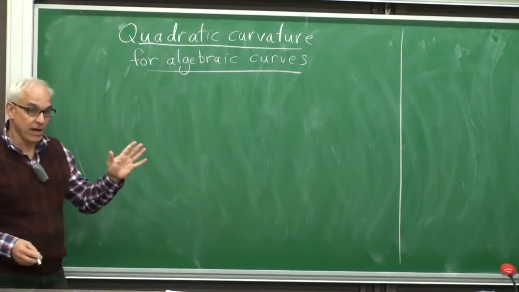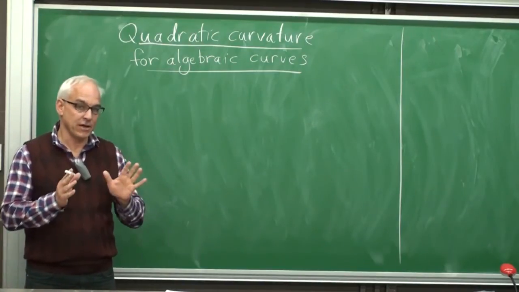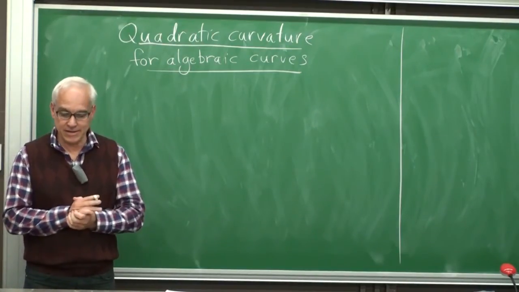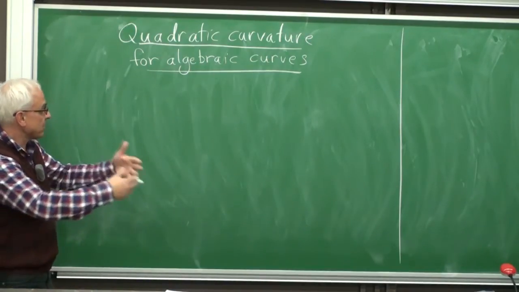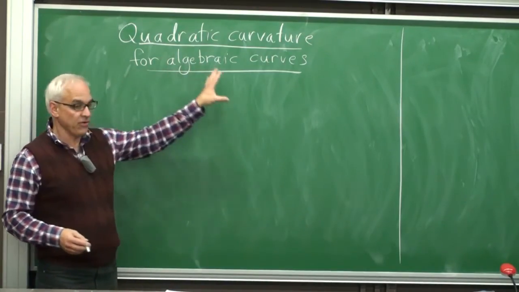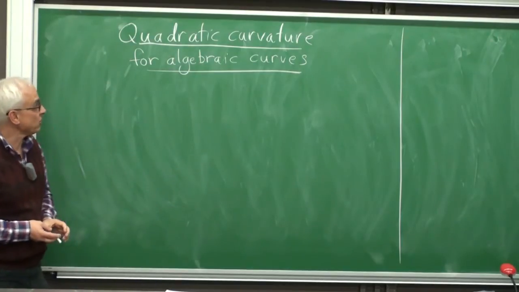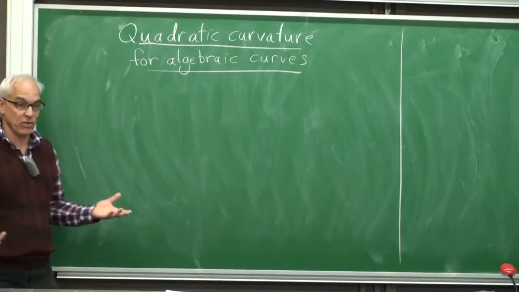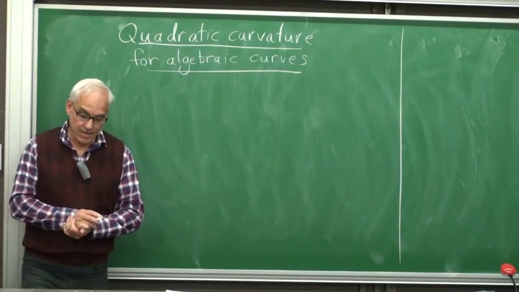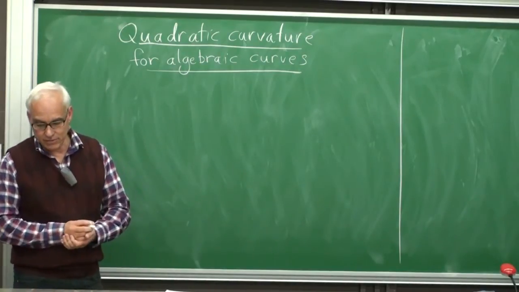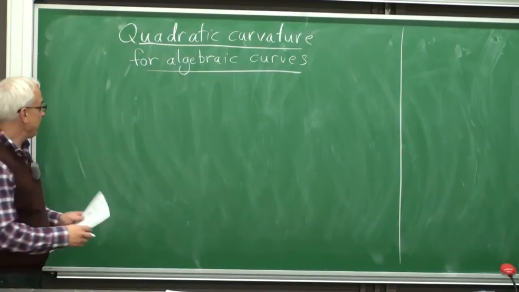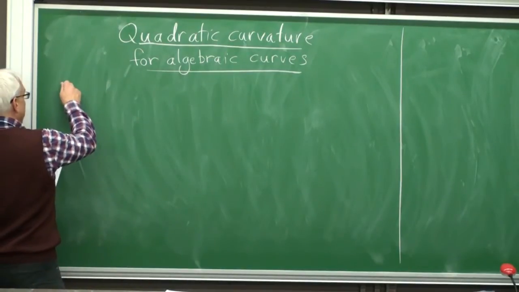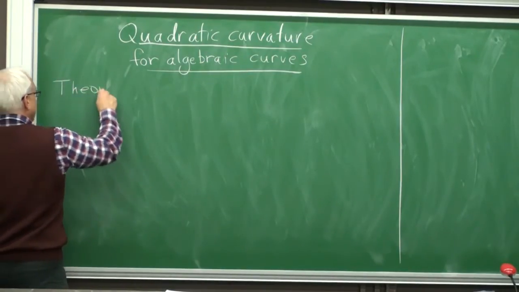So last time we were introducing curvature via study of a parabola. And today we want to continue with that so that we're in a position of defining the curvature for general algebraic curves in the plane, and that we're able to compute evolutes of actually quite a lot of examples. All right, so let me summarize the theorem that we proved last time.